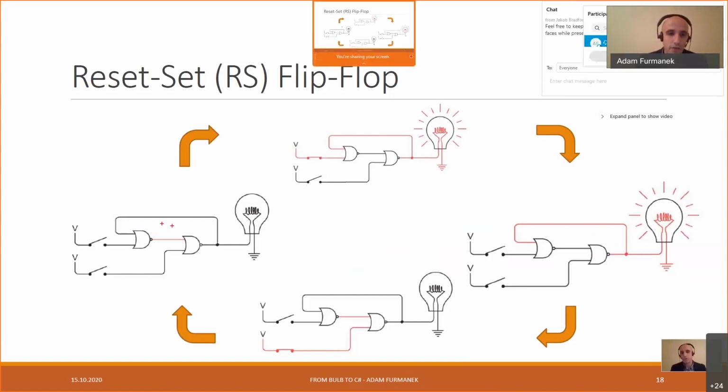So what we do here is we are going to build yet another, slightly more sophisticated circuit in which we are using two NOR gates, and we are going to build the so-called reset-set flip-flop. So we do have two inputs. One of them, this one at the top, is called the reset input, and this is called the set input, and the one at the bottom is called the reset. So what is happening here is